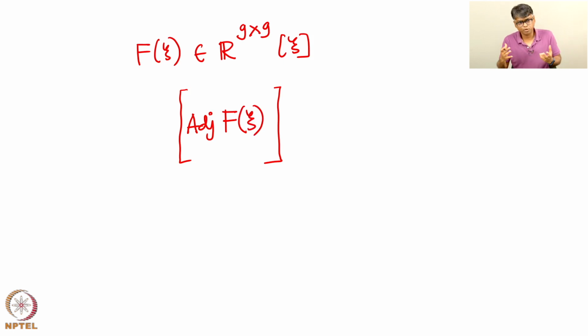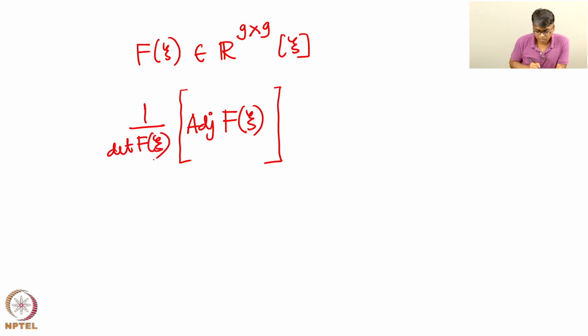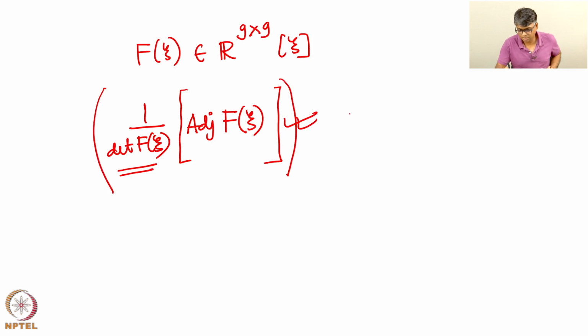Multiplication of two polynomials is a polynomial, addition of two polynomials is a polynomial. So this is a polynomial matrix, but now wait, you have to divide by the determinant of this matrix. And when you divide by the determinant, if the determinant is a polynomial, then the entries of this whole product are not polynomials but rather rational functions. This is a rational function matrix in general,